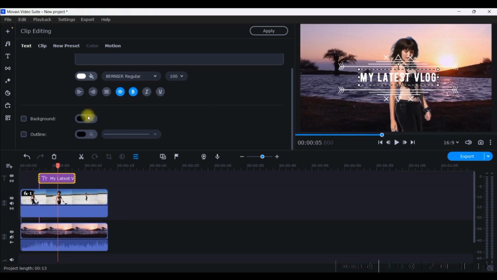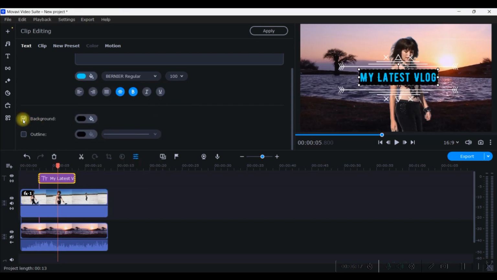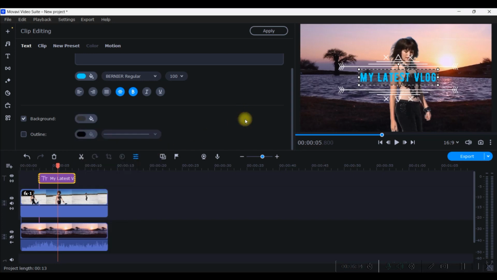And then you have some color options. You can go for some other colors if you want to, and then you can go for backgrounds as well if you want. Well, if I want to go for a background, I would preferably reduce the opacity to a certain level so that it looks much more natural. Instead of black, I might go for gray or dark gray, and that's pretty much about it.